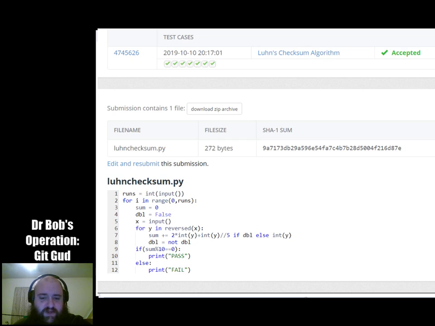Then I go through for the range, and I set my sum to 0. And then I use a variable here called double. Basically, that tells me whether or not I'm going to double and do the thing with the value. Then I grab the input for each line. Then I say for every character in the input, reversed. So going backwards. And then I say add to the sum. If double, we're going to add to the sum 2 times the int